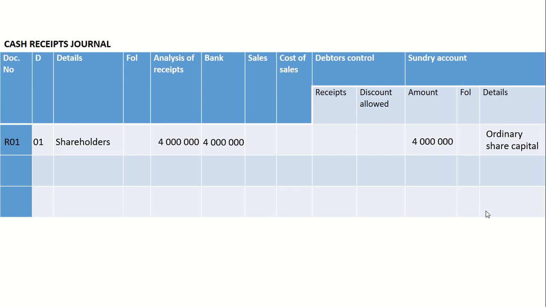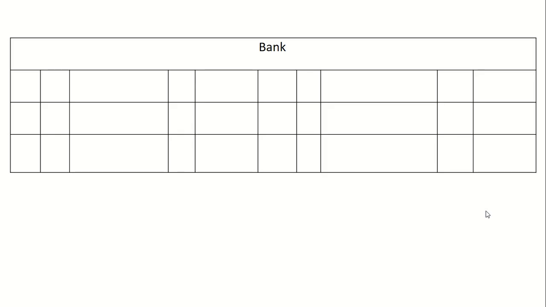Just like any other capital account, ordinary share capital will increase on the credit side. It's basically what we have. We owe that amount to the shareholders, even though the shareholders are not our liabilities. But you'll realize that both your liabilities and anything that we get from the shareholders increase on the credit side. Okay, so that ordinary share capital is simply capital. It will increase on the credit side, and you will cast that. You will get your total value.